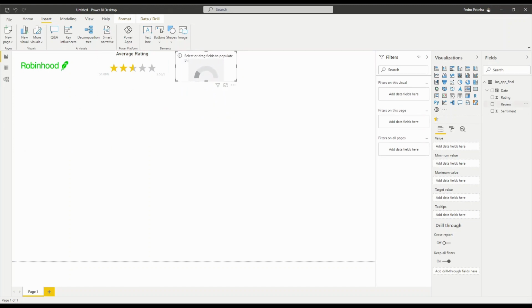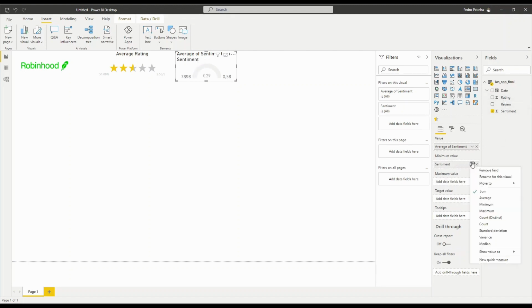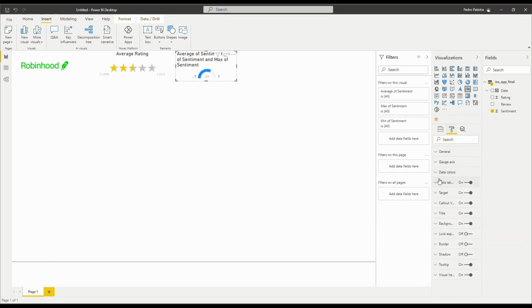And to do that, let's use the sentiment for our values, and we'll do the same, applying the average. And now we can also change the minimum and maximum thresholds. For example, you push this to here and select minimum and maximum. Let me change the title